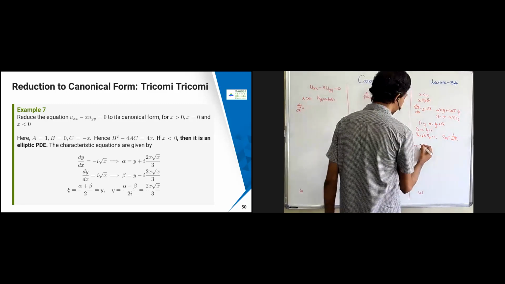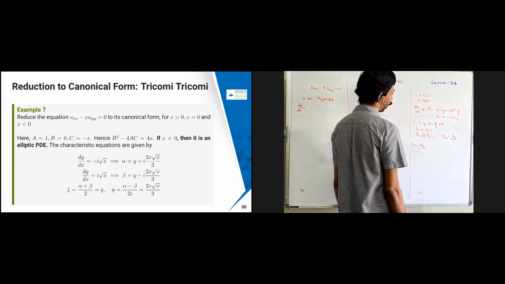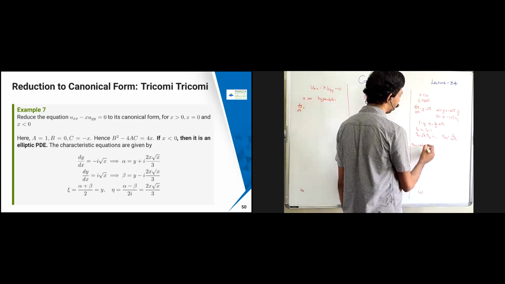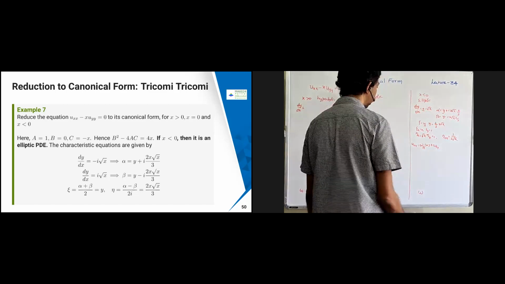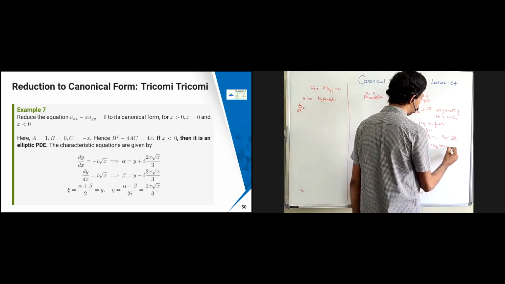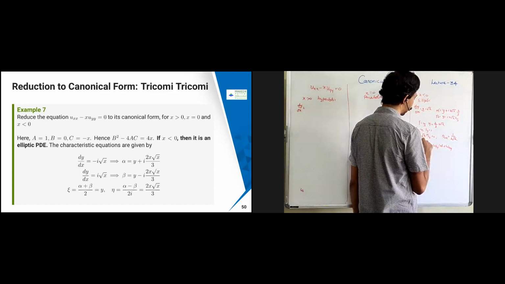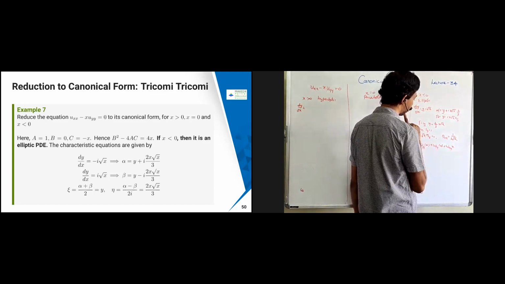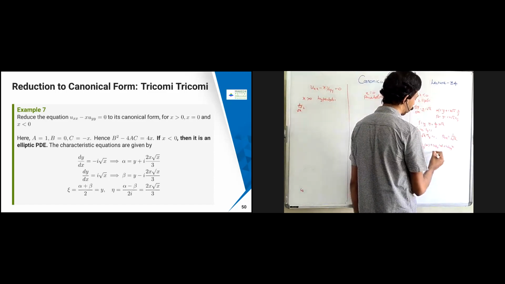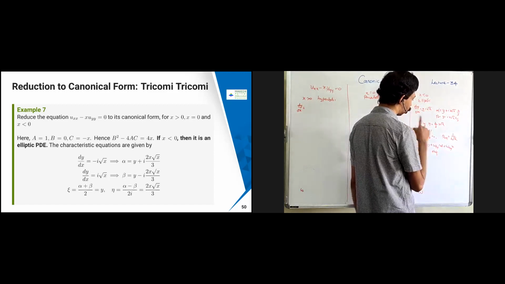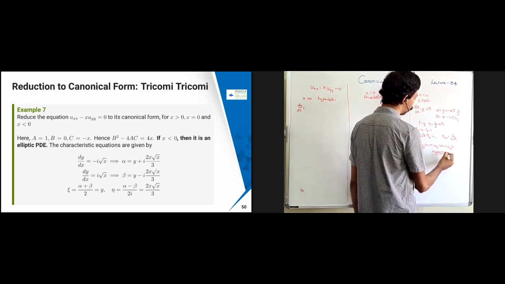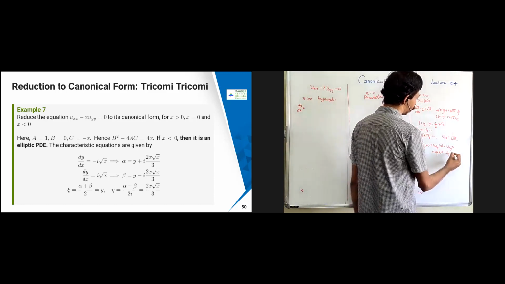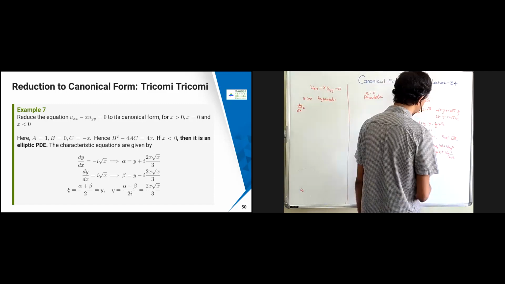So uxx, what is uxx? So w chi into chi x square. Chi x is 0, therefore this is not going to be there. Okay, this is 0. Plus w chi eta into chi x, eta x will come. Already chi x is 0, that is not going to be there. Okay, this is also 0. And then I have w eta into eta x square, which is nothing but x. Therefore, eta x is root x, therefore it's going to be x. And then w chi eta xx is going to come. So eta xx is already 0, so that is not going to be there. This is 0. And then w eta into eta xx is going to come. That's going to be 1 by 2 root x. Just check whether it is correct or not.